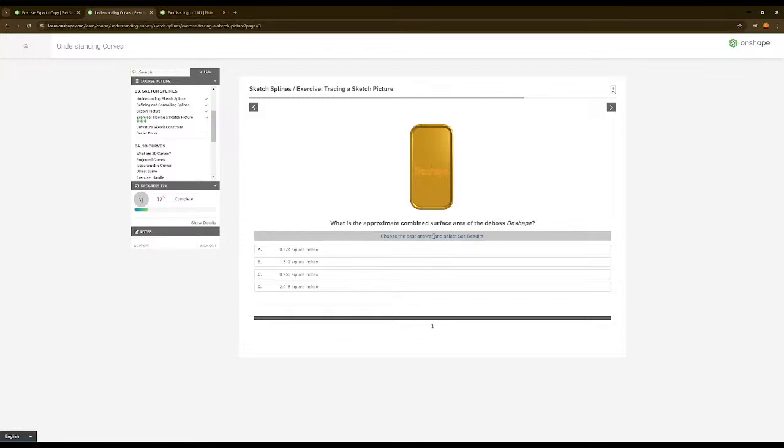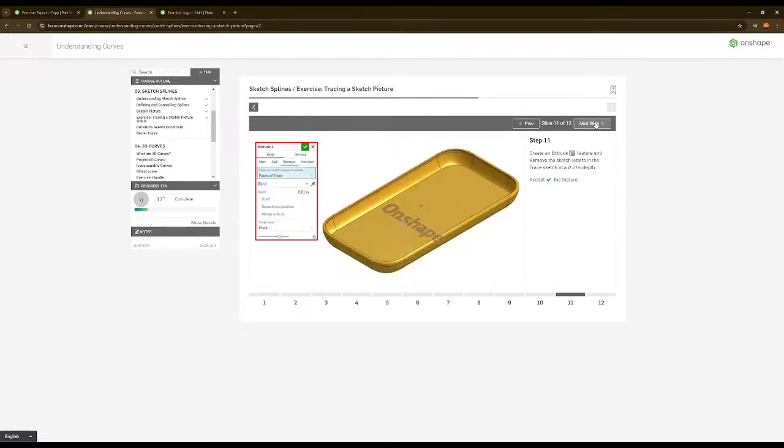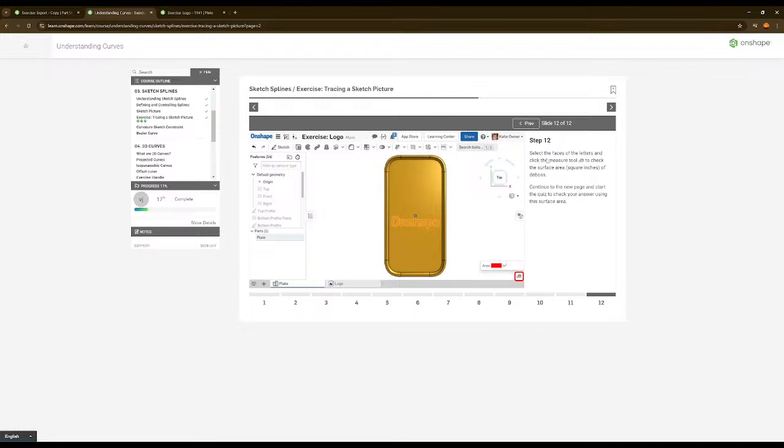So how the heck am I supposed to find that out? You told me to click on the shape, right? Select the face of the letters. Okay.